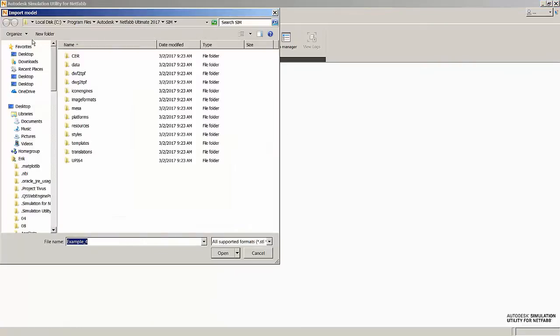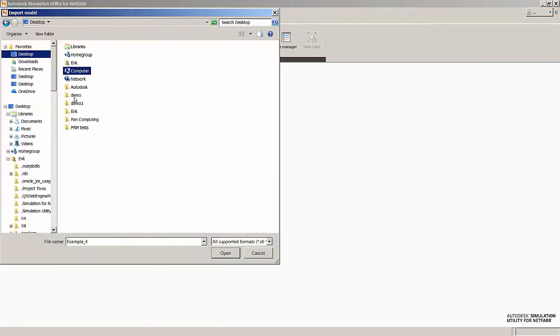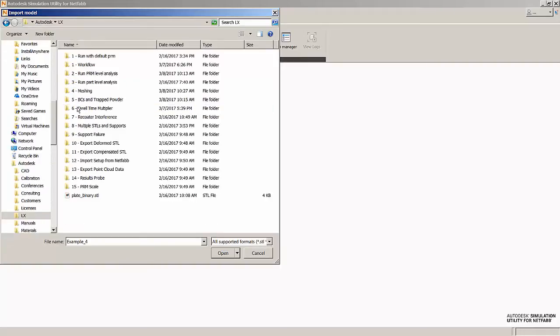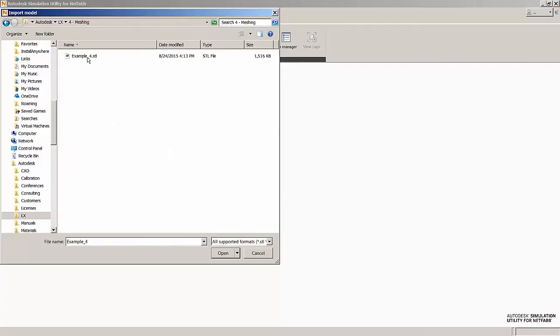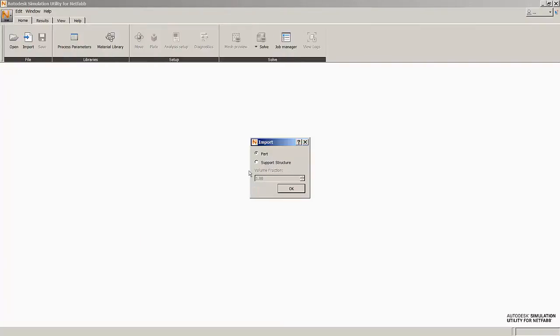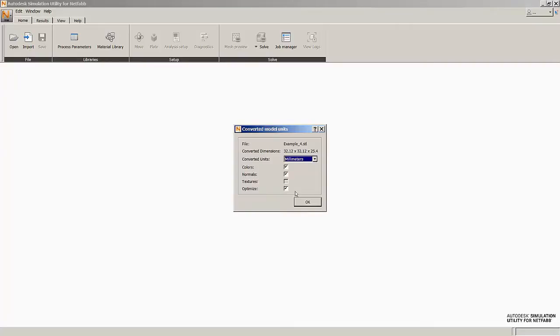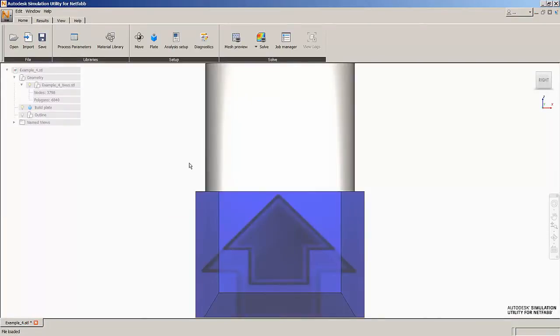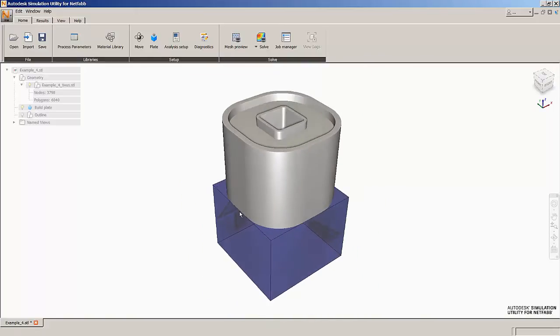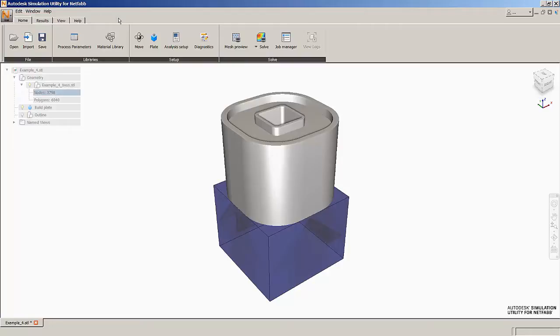And the first thing we're going to do is, of course, import a geometry into whatever directory you want to work in. So we import a geometry, and I don't have any support structure here. This is just a part. Turn colors off, and my geometry is in millimeters. Okay. So now I've imported a part into NetFab Simulation,